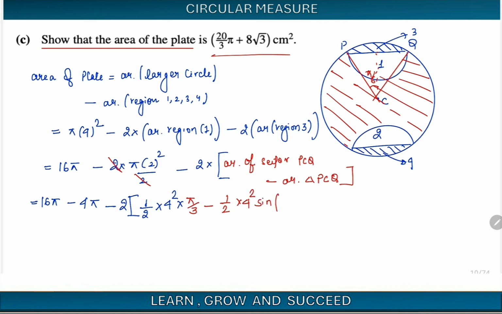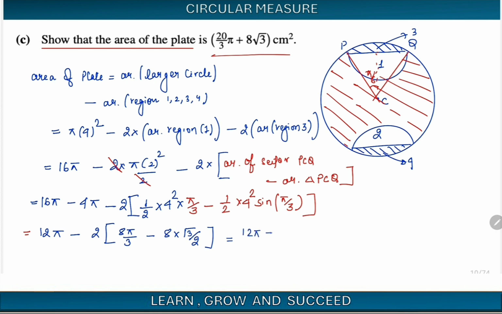Theta is again the angle between PC and PQ, which will be pi by 3. 16 pi minus 4 pi is 12 pi minus, this becomes 2 into 2, 4 square is 16, so 16 by 2 is 8, so 8 pi upon 3 minus 4 square 16 upon 2 is 8, sine pi by 3, sine pi by 3 is 60, so sine 60 is root 3 upon 2, which gives us